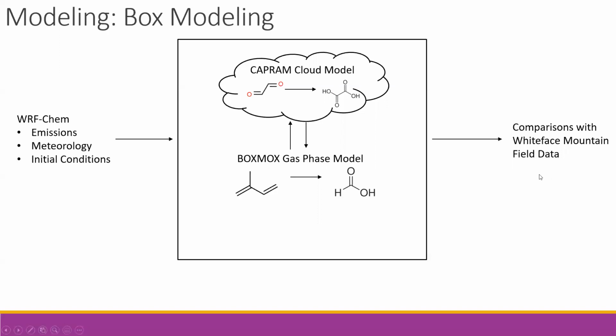And this is great for two reasons. One, a lot of the chemistry affecting our field data is very complicated and difficult to tease out with just observations. So these models can actually give us insight on a lot of the complicated chemistry. But also, we can actually check to see how well these models are doing, and we can make corrections to these models to make them more accurate and make better predictions.